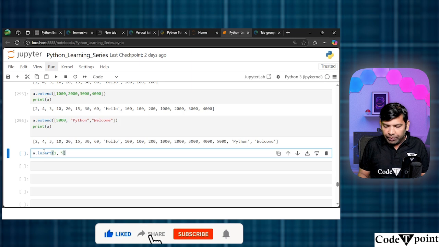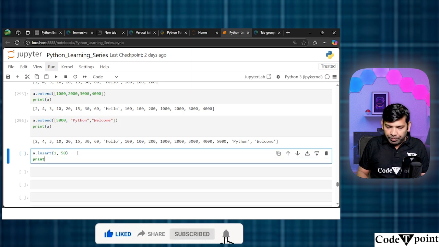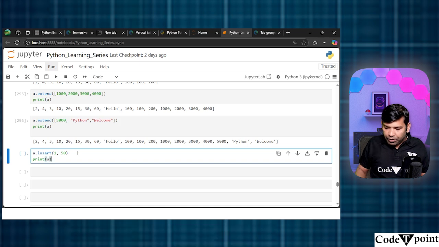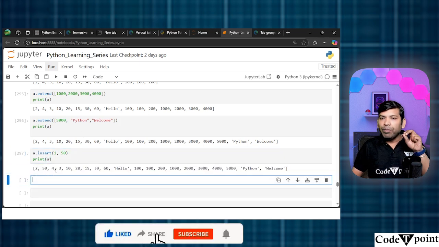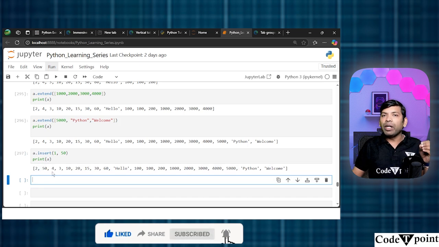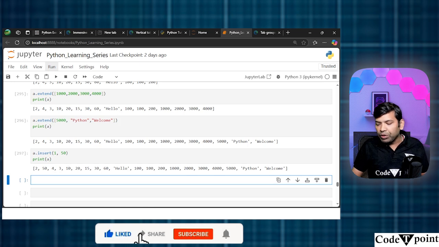Let's say 50. And this time I'm going to use print A. So it is going to insert 50 between 2 and 4. Correct? So this is a way we can use append, insert, and extend. Right? Let's go to the next point,